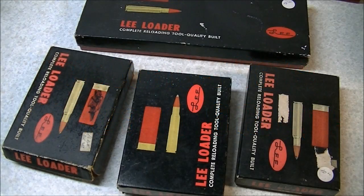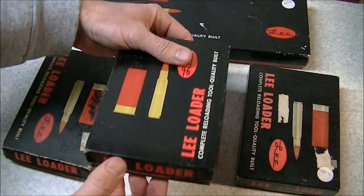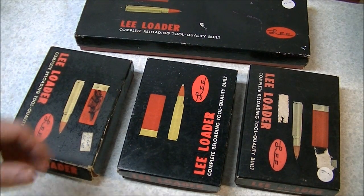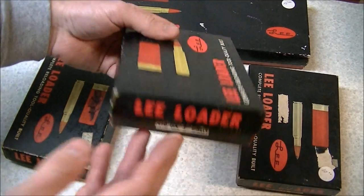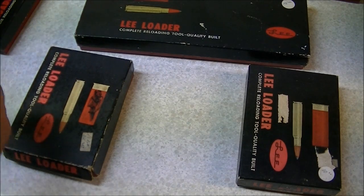Howdy folks, the other day we did a couple of videos on the 410 Lee loader tool set, and I thought you might be interested in seeing some of the other shotgun Lee loaders that I have. And of course we already had a look at that 410 one, so we'll just set that aside. We'll have a look at the